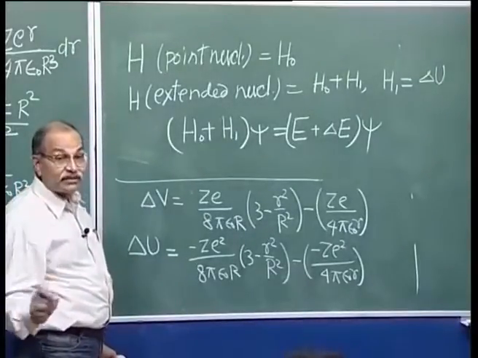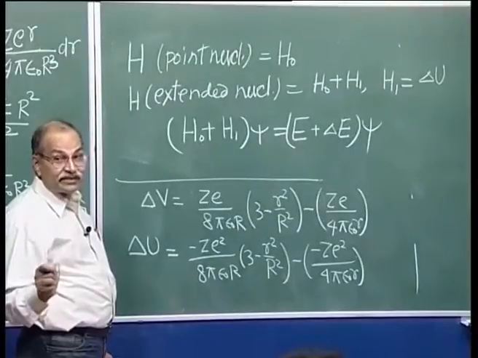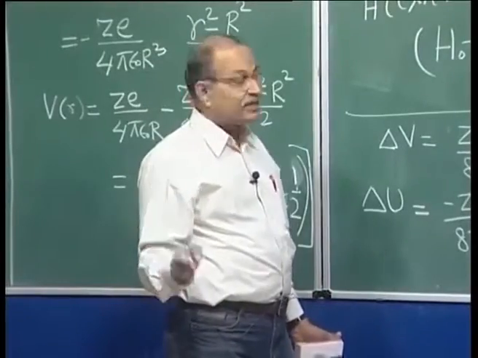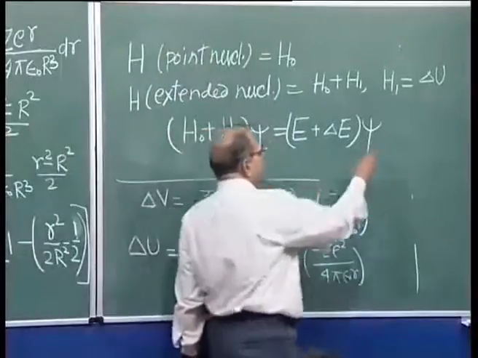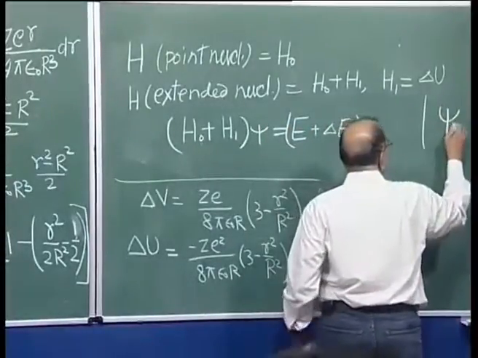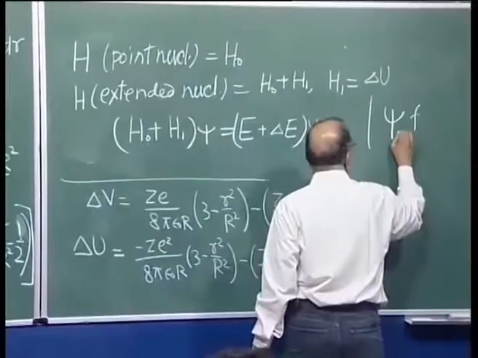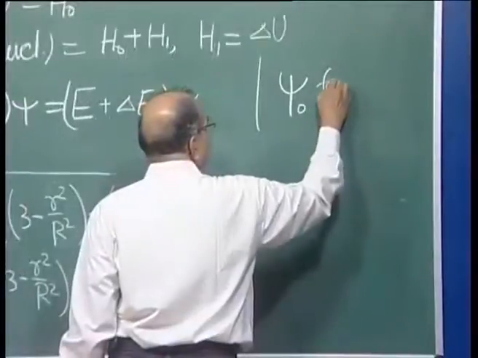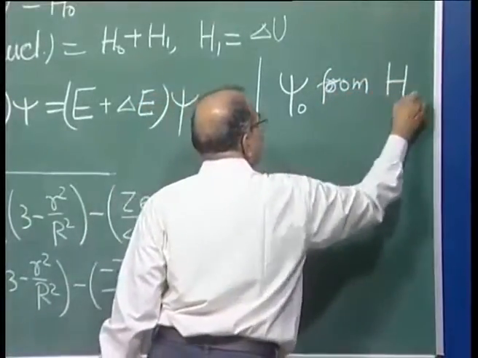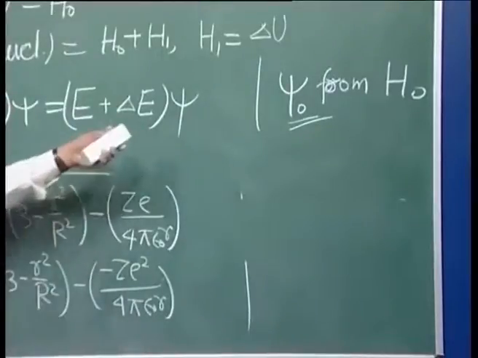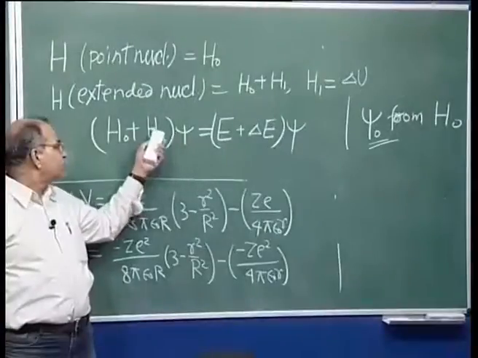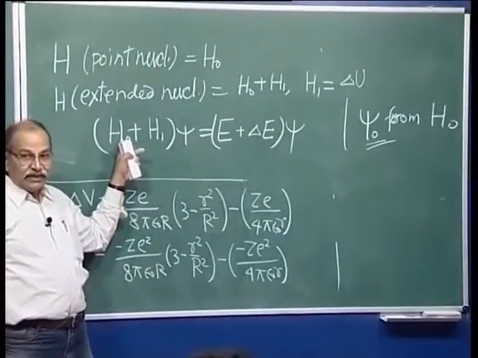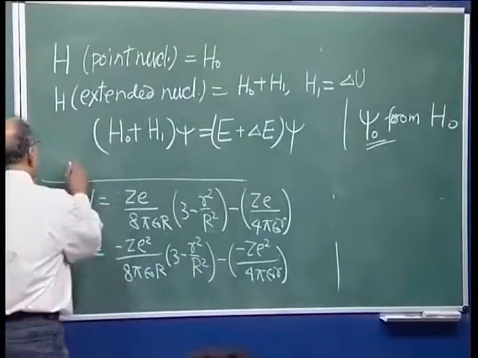The first order correction is done by what you called first order perturbation theory, and that is that from H naught, first you get the wave function psi naught. If H 1 is a small correction to H naught, this procedure works: get your wave function from H naught and use that wave function to calculate delta E,